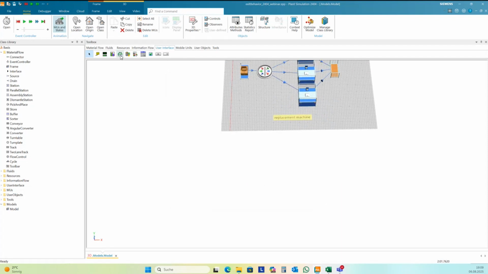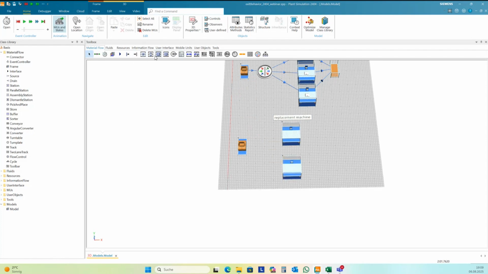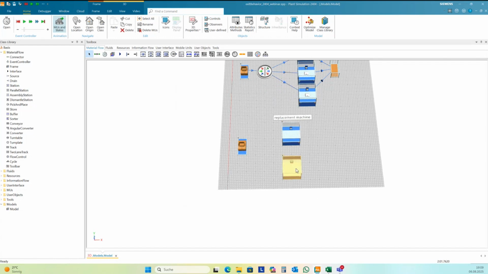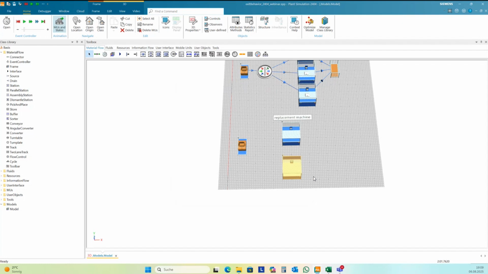First case should be you have a very basic material flow. You have a source, and you have 2 machines. One machine with 10 seconds cycle time, the second machine with 50 seconds cycle time for the same part.